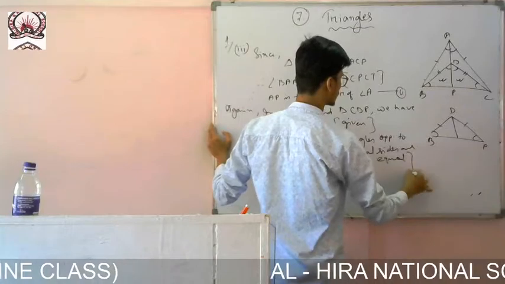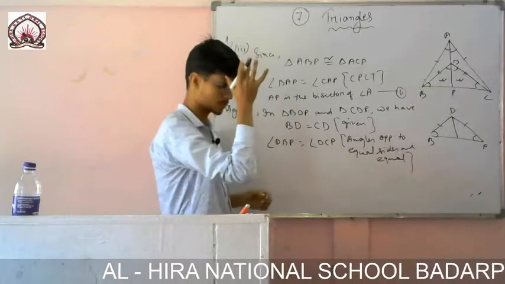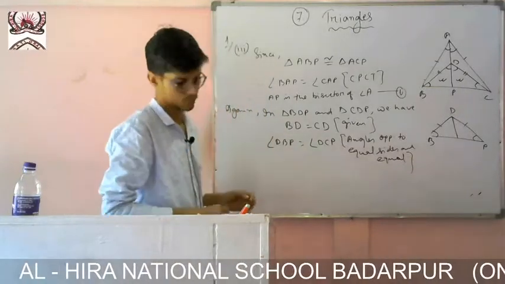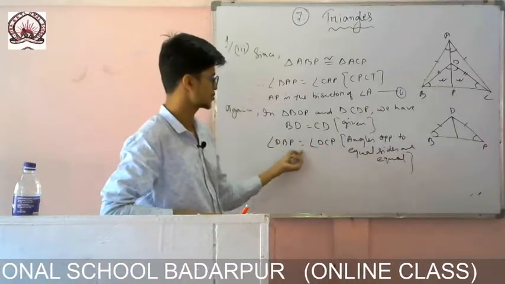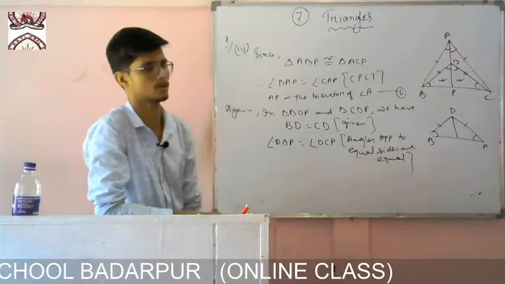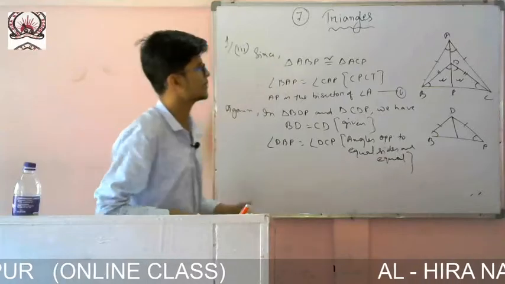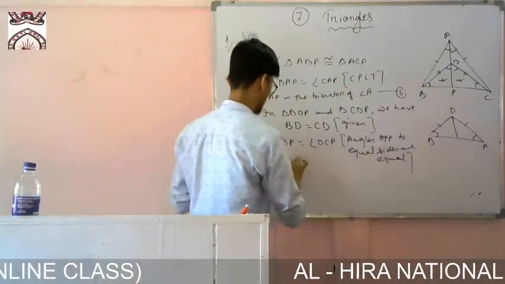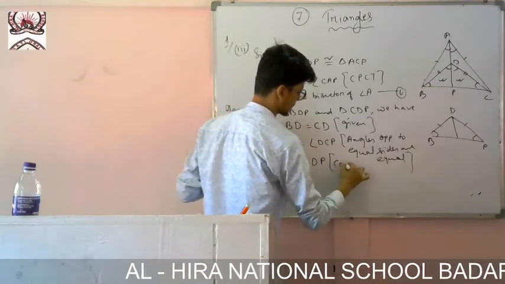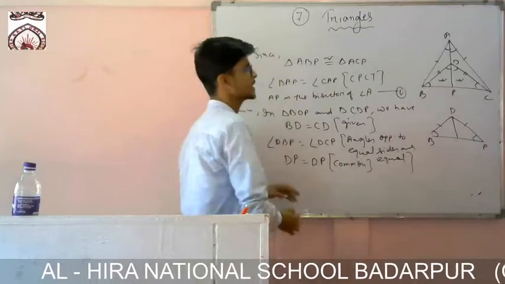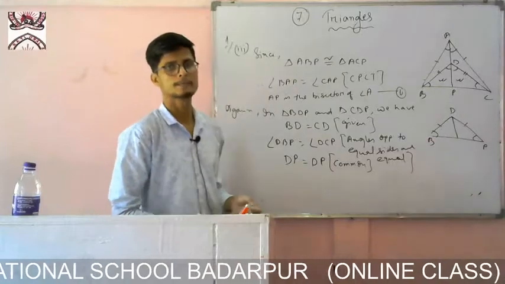Earlier one also you write like this, okay? No need to write the therefore and all that. In question number 1 or 2, I forgot which one, there you write it directly like this. These two angles you write equal, and angles opposite to equal sides are equal. Now I have another one, that is common side DP. So DP equals DP, common. DP doesn't mean WhatsApp DP, okay? There you concentrate.